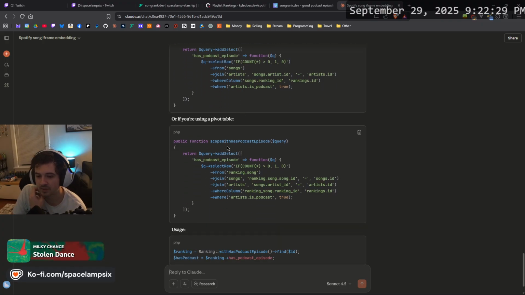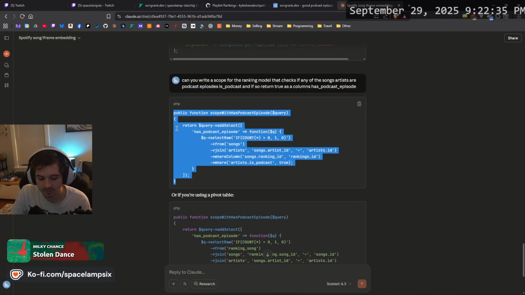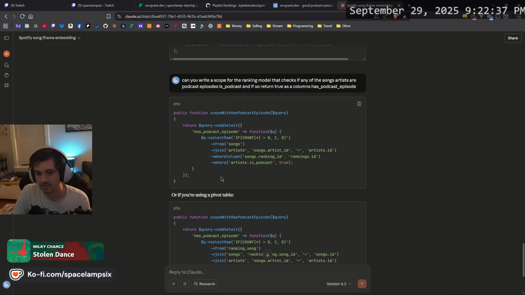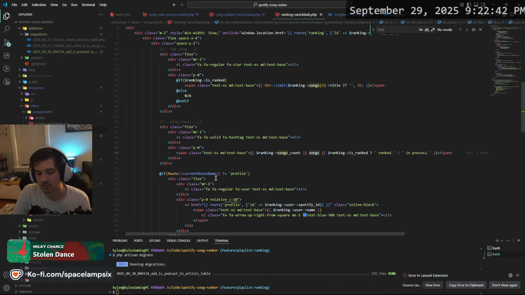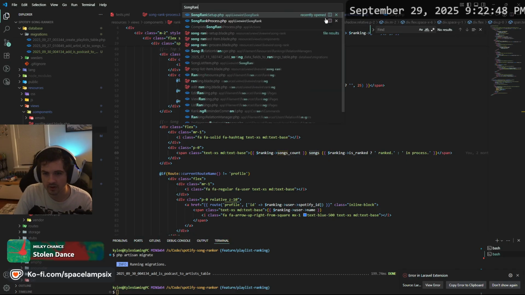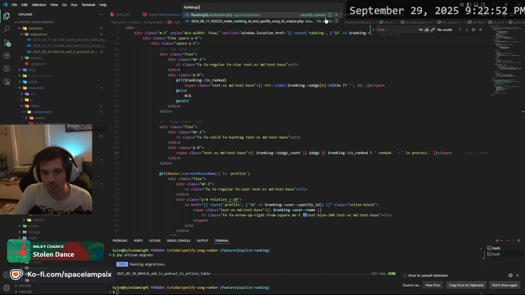I'm not using a pivot table. I guess I would want this one. Okay. So song ranking query builder.